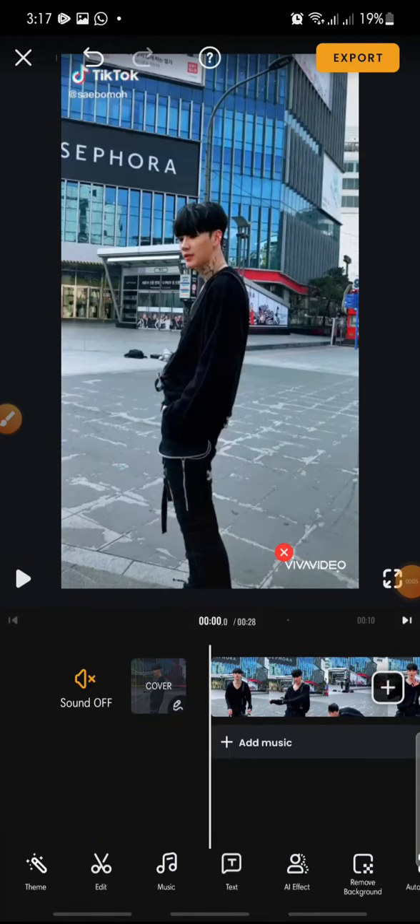In this video, I'm going to show you how to add outline effect on a VivaVideo apps. Now let's get started. First, open your VivaVideo apps, and after this you can add the video that you want